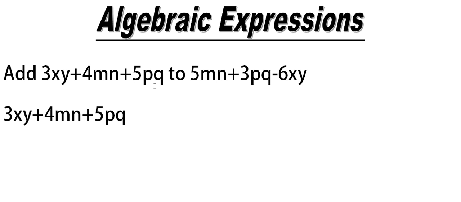Now let's see. In the second expression, I have 5mn first. So I will write this 5mn below mn. Or instead, you can do one thing: you can write from the starting. You have to see the expression, and wherever you have the 6xy, you write that 6xy below 3xy. The second most important thing to consider is the sign. Before 6xy, we can see a minus sign given. So I will write the minus sign and then write 6xy below the 3xy.